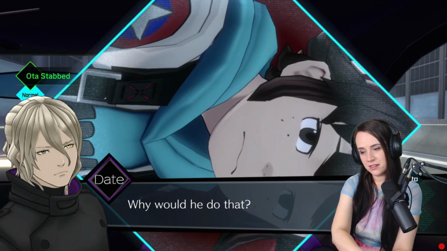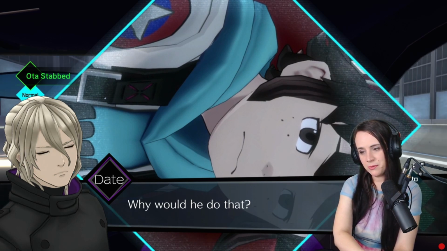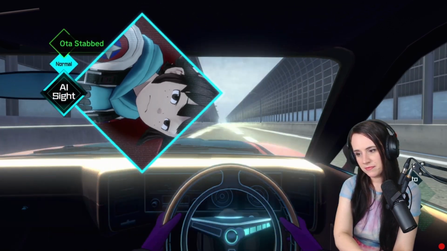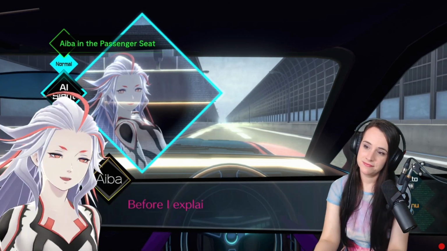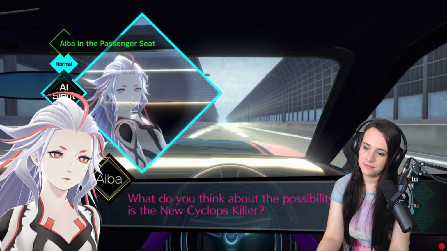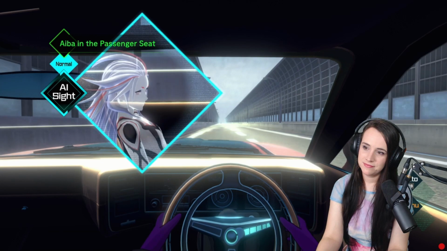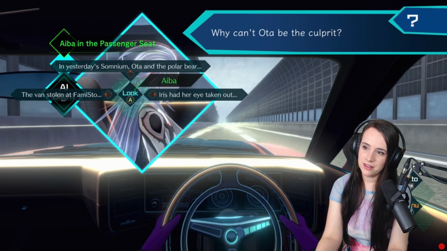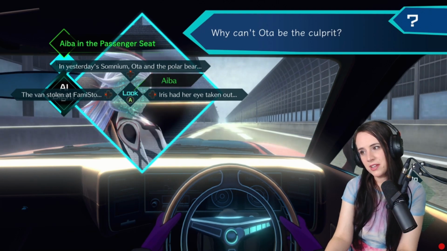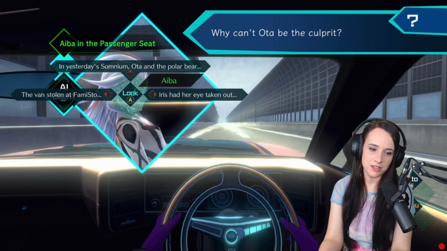To make it look like there was another person? But he would have had to have been in the polar bear suit. And he's too small. Before I explain, I would like to hear your thoughts. What do you think about the possibility that Ota is the new Cyclops killer? He's too small. Impossible. Okay. Well, all of these seem to be pretty decent answers. Not the one I was looking for, but...